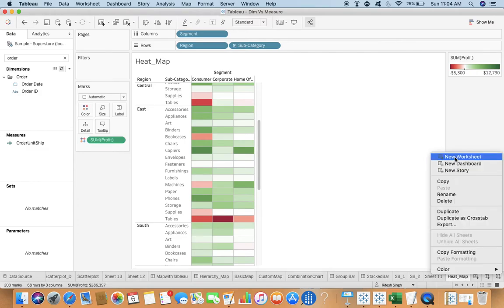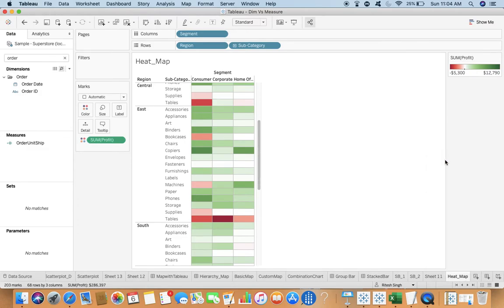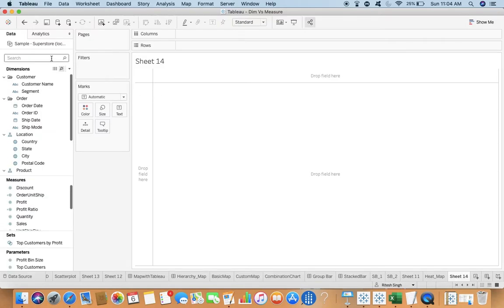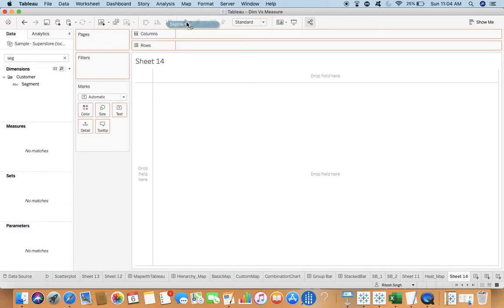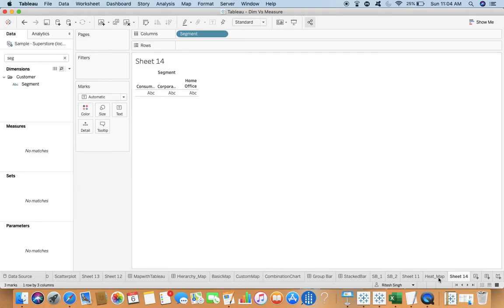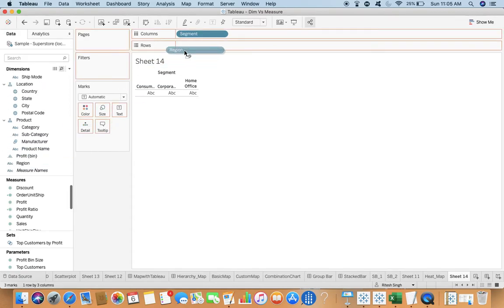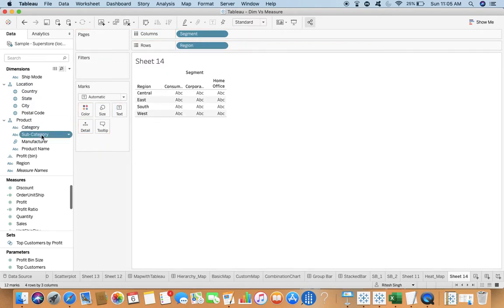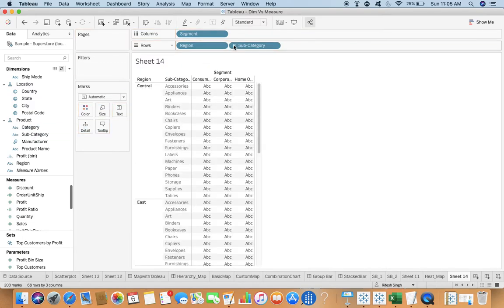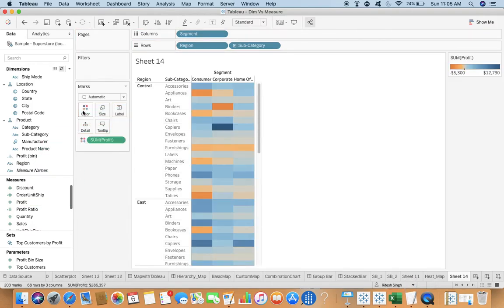Create a new worksheet with the segment at columns. Segment at columns and region and subcategories. Region and subcategories. Right. And the measure, right.